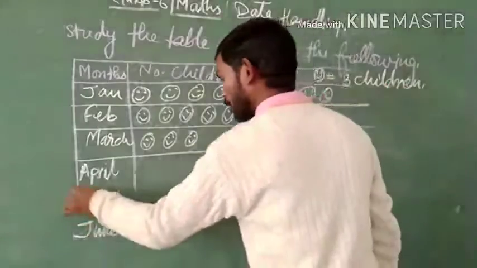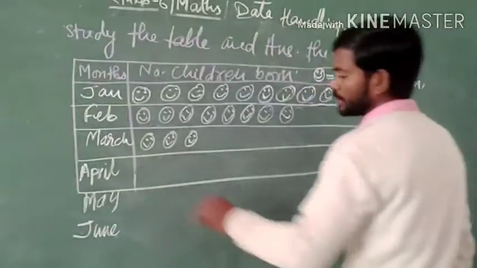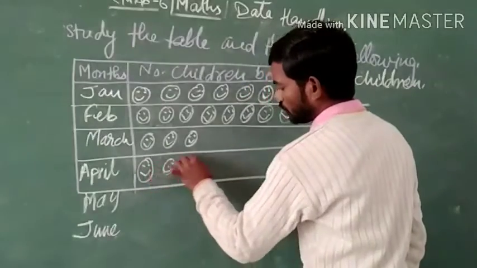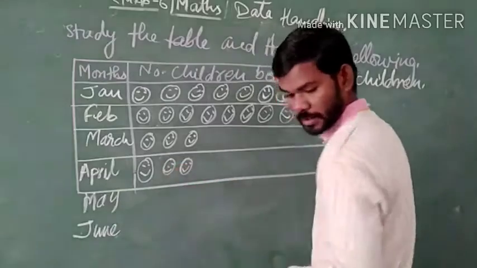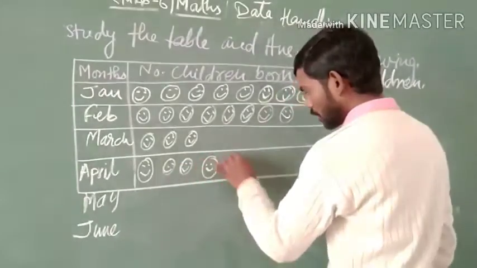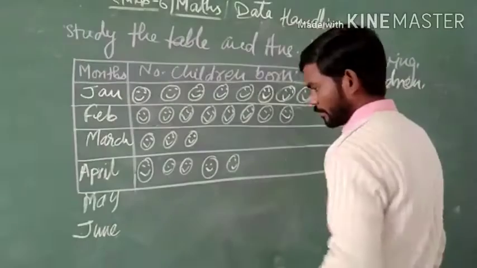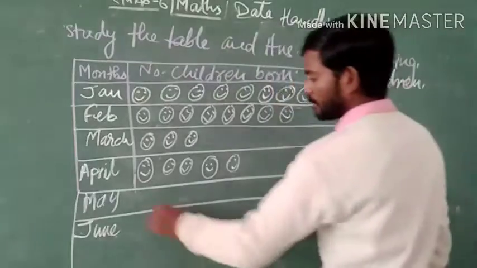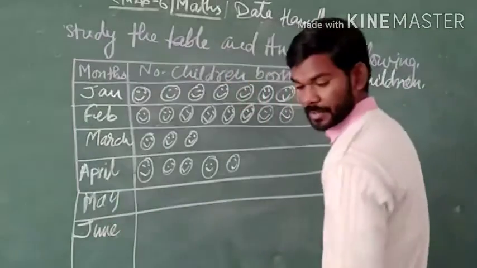In the month of April it is 1, 2, 3, 4, 5. And in the month of May it is